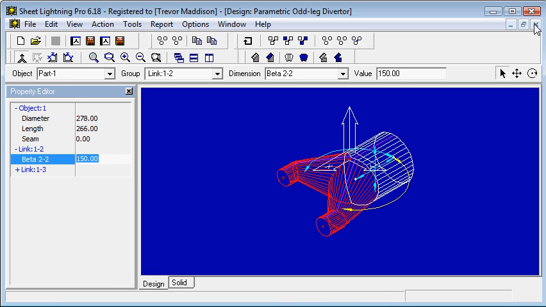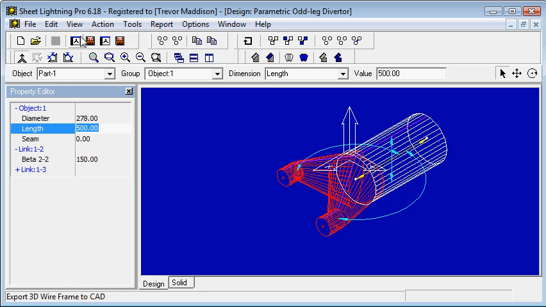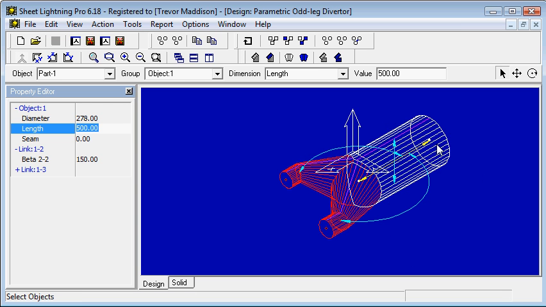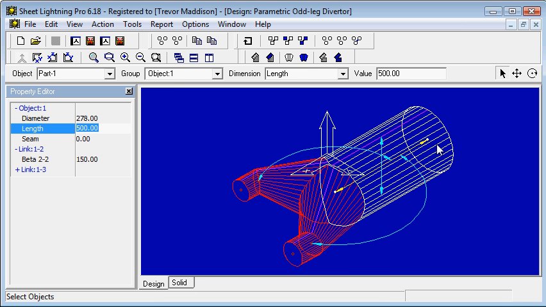And okay, that's a good view. Let's just perhaps change one more parameter. Let's say the length here. Let's change that to 500. Instantly gets longer. Re-weld it up, and there's that design modified again. So just in this one kind of design from the parametric library, you've got a very powerful tool there for